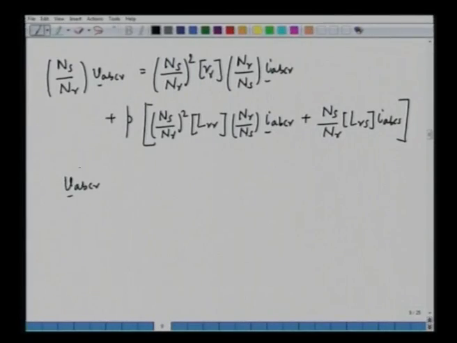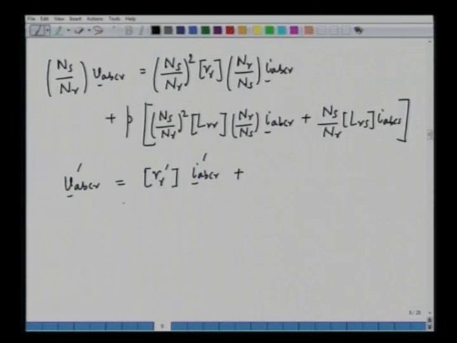Now what we have done is that we have transformed to the stator side by suitably multiplying the number of turns. Okay. So the left hand side would be VABCR prime, the rotor voltages as referred to the stator side, and then in the right hand side we have Ns square by Nr square RR. So that is basically RR prime, the rotor resistance referred from the stator side, and then Nr by Ns into IABCR, that is IABCR prime, the rotor currents referred from the stator side,